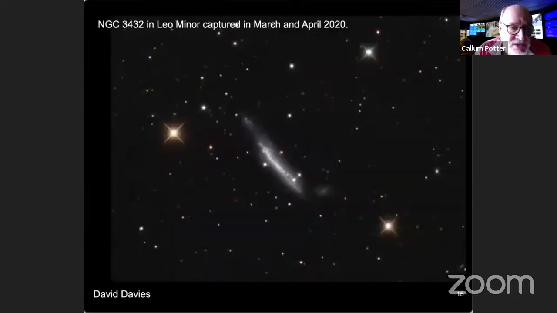David Davies, also around Cambridge, has been producing some remarkable fine astrophotography types of images. Particularly like this galaxy in Leo Minor. Again, it's one of those which tends to be a bit under-displayed.